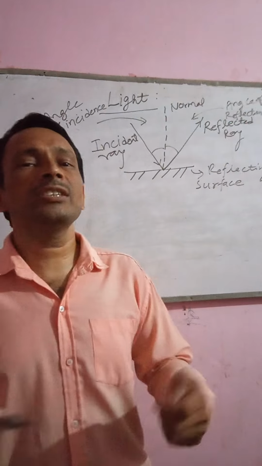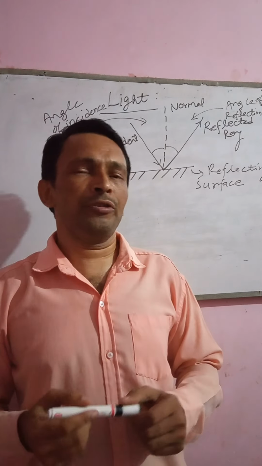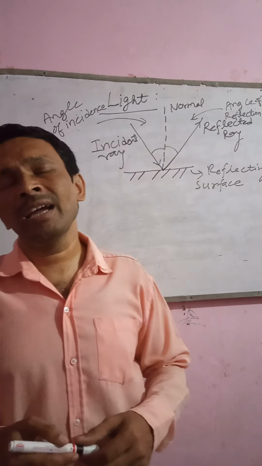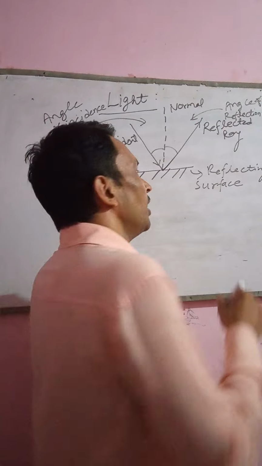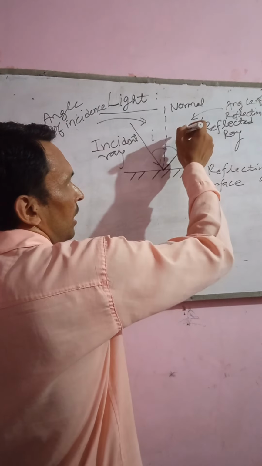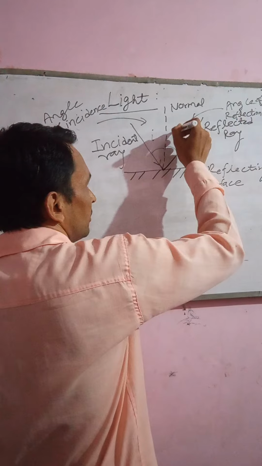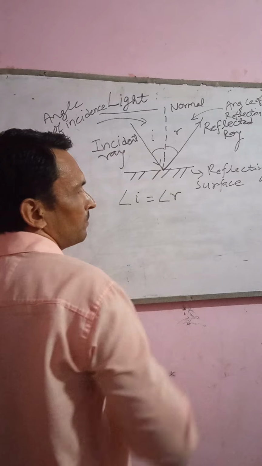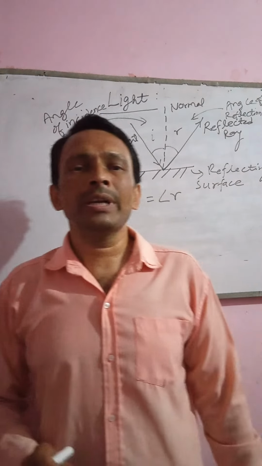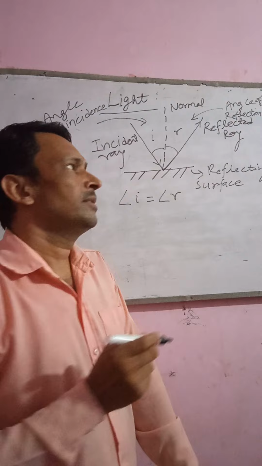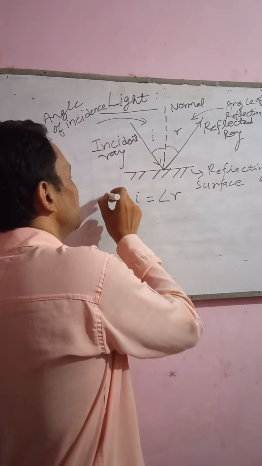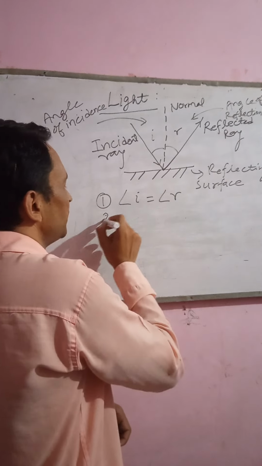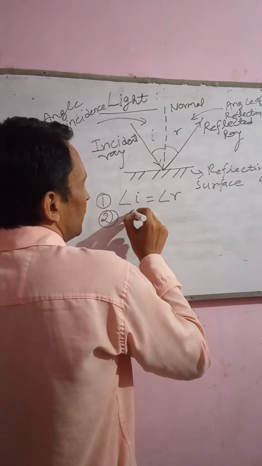That means we can see the object by a process of reflection in which the angle of incidence is equal to the angle of reflection. This is also known as i and this is also known as r. So we can say that i is equal to r. There are two rules for reflection of light. First, the angle of incidence is equal to the angle of reflection, and the second one is the